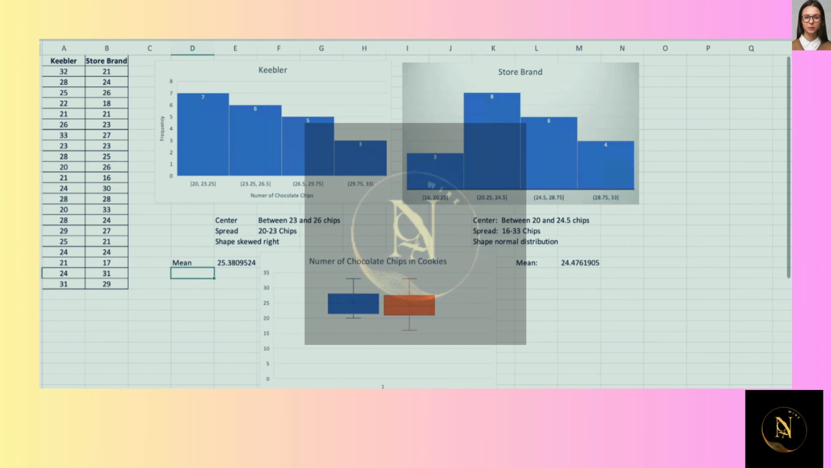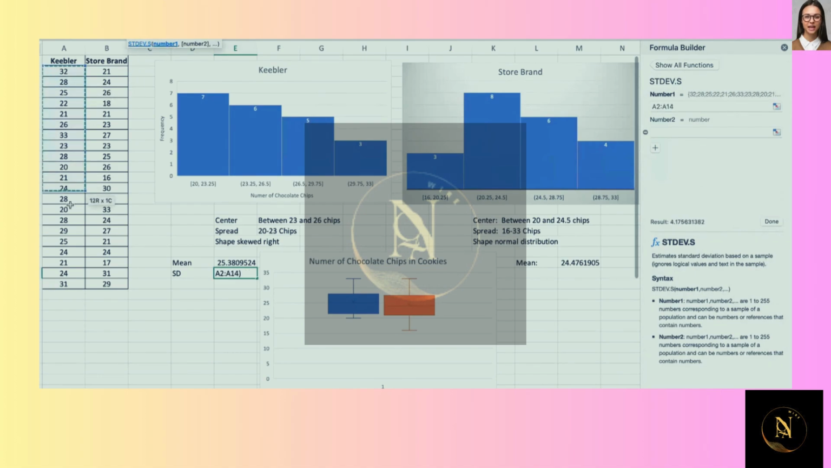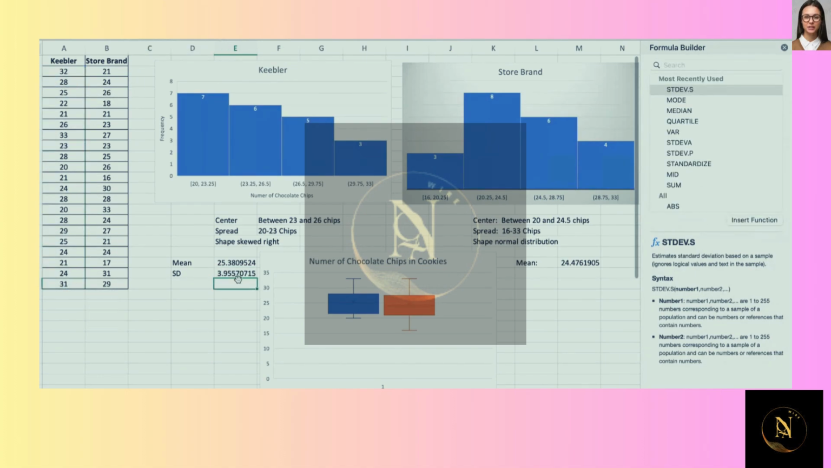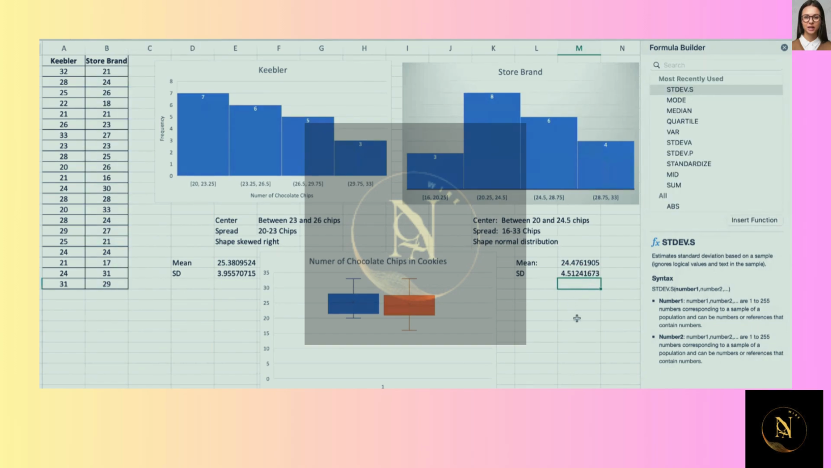And then the standard deviation for Keebler, if I insert this, put this here, is 3.95, and then the standard deviation for the store brand is going to be 4.5. So as you can see, the Keebler is more consistent. So I hope that this video helps with the